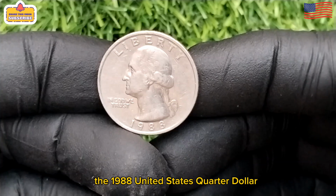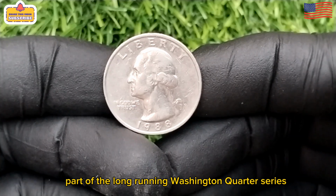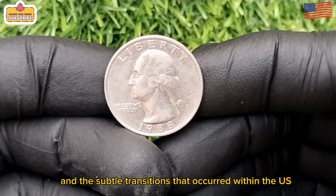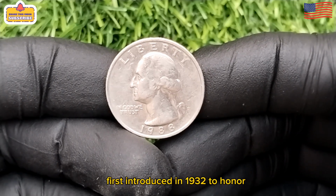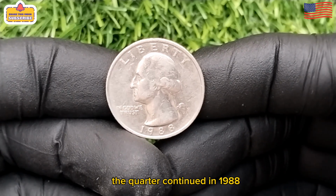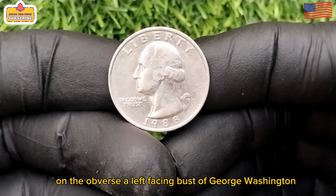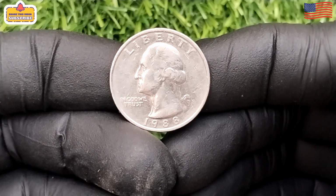The 1988 United States quarter dollar, part of the long-running Washington Quarter series, reflects both the stability of late 20th century American coinage and the subtle transitions that occurred within the U.S. Mint's production practices. First introduced in 1932 to honor the 200th anniversary of George Washington's birth, the quarter continued in 1988 to feature John Flanagan's original design on the obverse, a left-facing bust of George Washington modeled after Jean-Antoine Houdon's